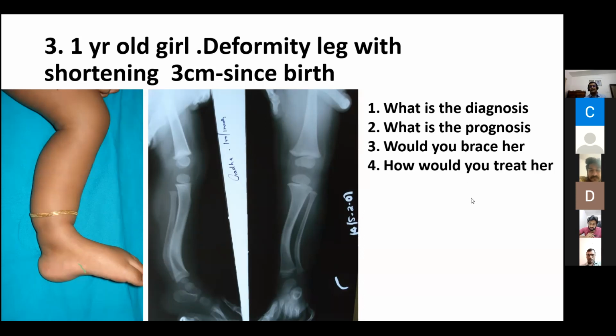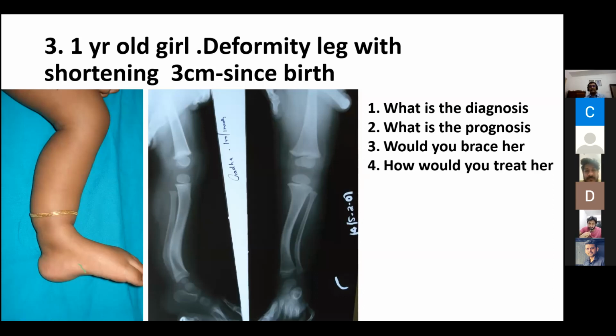And how do you treat her? Now, somebody said prognosis is good. Yes, good with conservative management. Now, conservative management is good. Now, tell me what gets corrected, what doesn't get corrected. Yes, Pavan. Shortening doesn't get corrected. Yeah, the deformity by and large will get corrected to a large extent, but the shortening